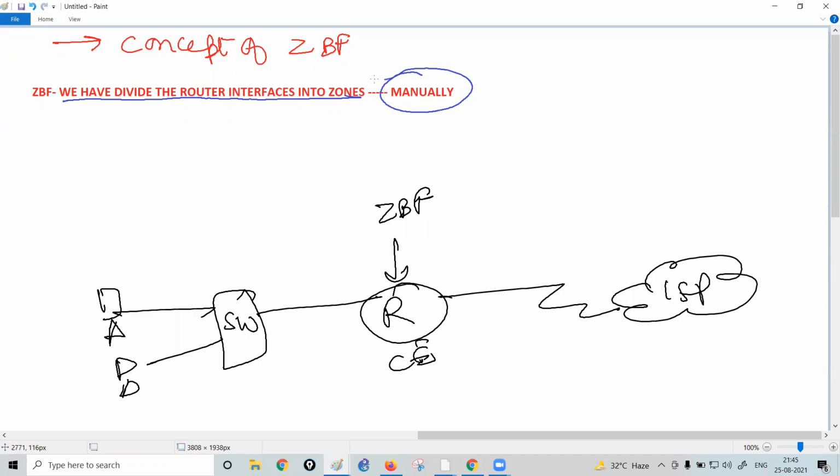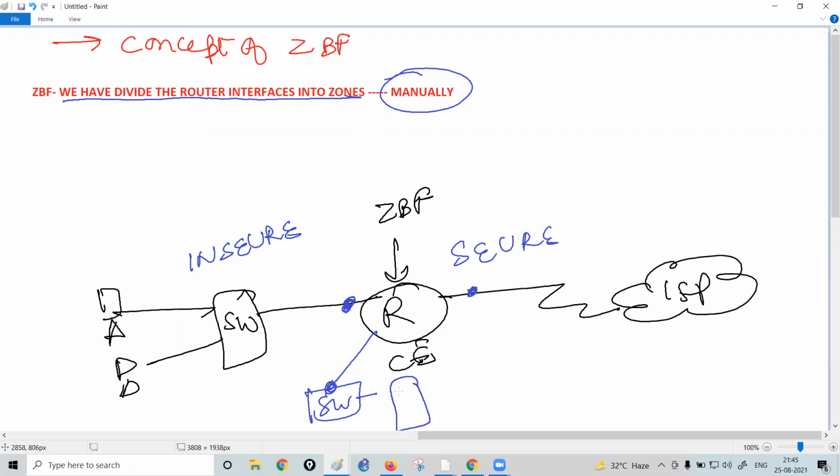Now let's suppose that I have configured this interface of the router as the insecure zone, and this interface of the router as the secure zone. Let's suppose there is another interface of the router, and there are certain servers connected on this interface. I can configure this as the DMZ zone.